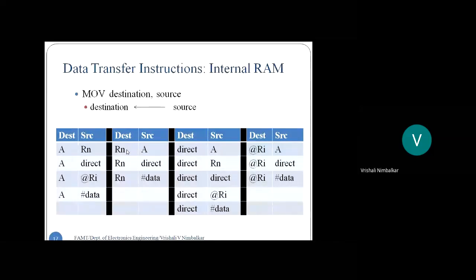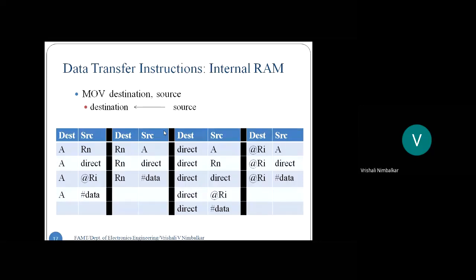Data transfer is possible either to take data into the accumulator or to read from the accumulator. With respect to the accumulator, all the operations are possible, right? So with respect to the accumulator, all 5 addressing modes are possible. Hope you all remember this, students, right? I just wanted to share all these addressing modes.